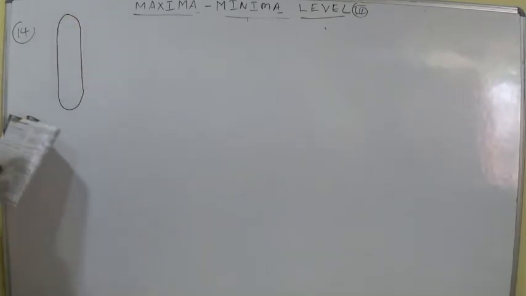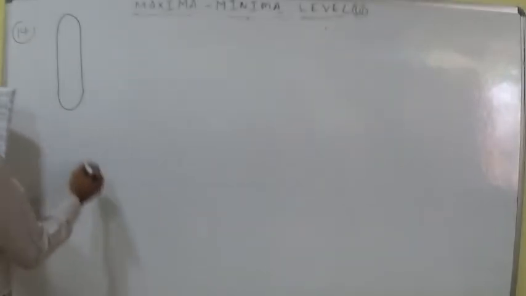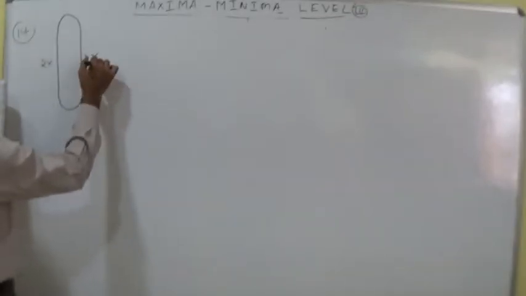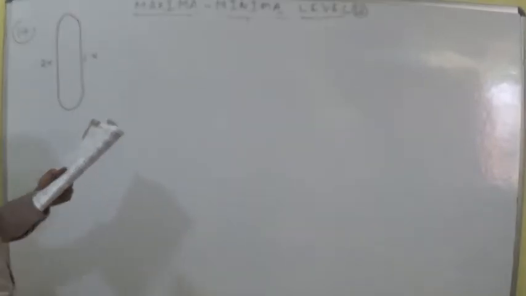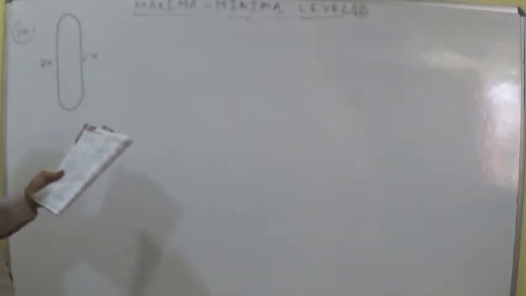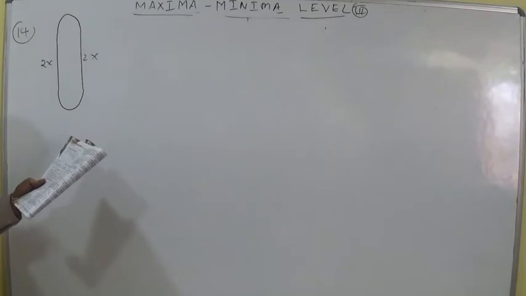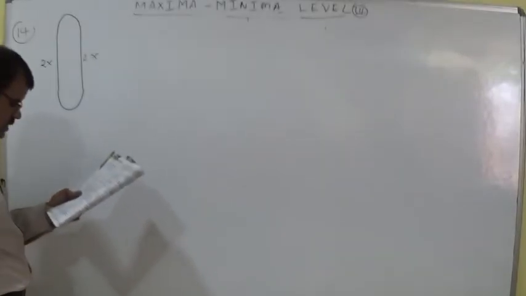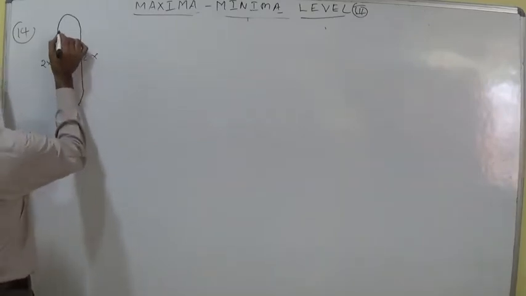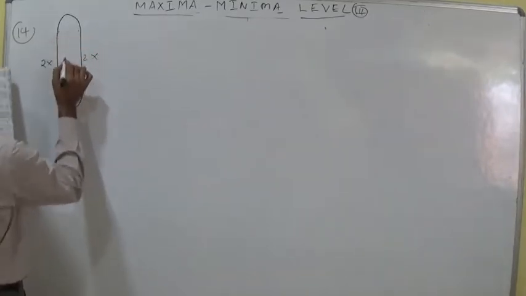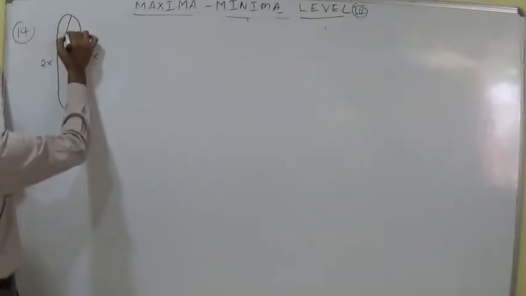This is the condition. Let us discuss about length 2x. A running track of 440 feet is to be laid out enclosing a football field in the shape of a rectangle with a semicircle at each end. If the area of the rectangular portion is to be maximum, then find the dimensions. This is, of course, indicated with the dotted lines. Let this be y.